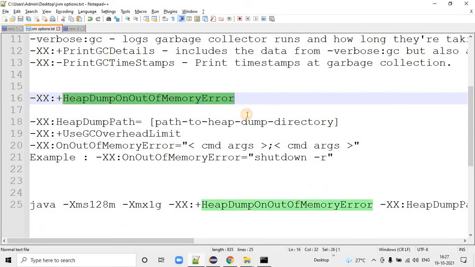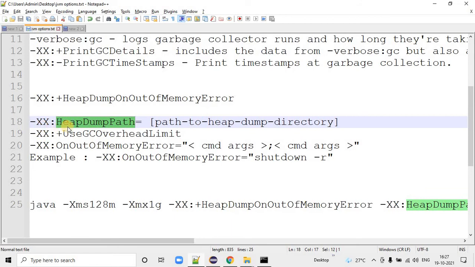When you use HeapDumpOnOutOfMemoryError, it will create the heap dump in the default directory. If you want to put it in a separate directory, you can use the HeapDumpPath option and provide the path where that dump has to be captured.